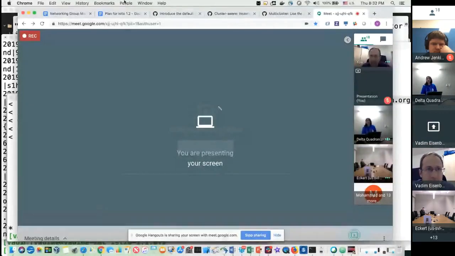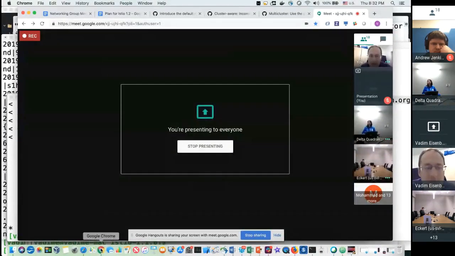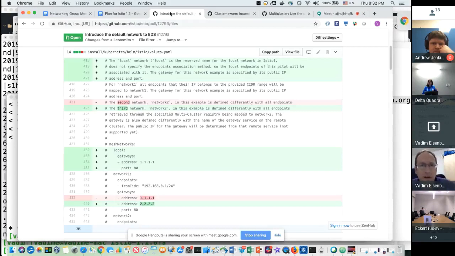Yep. Okay, good. So these are just several small issues. I guess it could be quick to discuss them. First of all, currently it's not possible to define a gateway for the local network in the cluster-aware multi-cluster. So what I propose is to have some reserved word for the local network, to call it local.